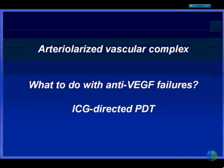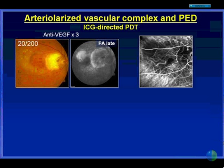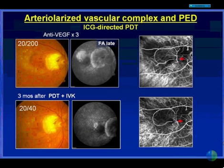So here's a case of a patient with a serous PED. They received 3 doses of anti-VEGF therapy. The PED failed to resolve. Their vision remained poor. Dynamic ICG demonstrated the patient had a large caliber feeder vessel and many branching arteries, minimal capillary. What we decided to do was to apply photodynamic therapy directed at the trunk of the feeder vessel where it begins to branch into the branching arteries. And this patient showed an excellent response with closure of the new vessel complex, flattening of the PED, improvement of